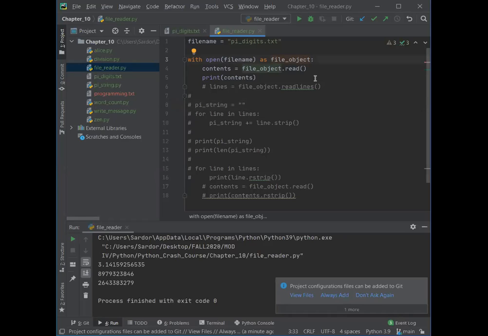Contents, you are creating a variable that equals file_object.read. We'll open file as. Oh, I believe you're creating a variable file_object and you're equaling that to the file, anything that's inside the file. I believe that's what you're doing. And then